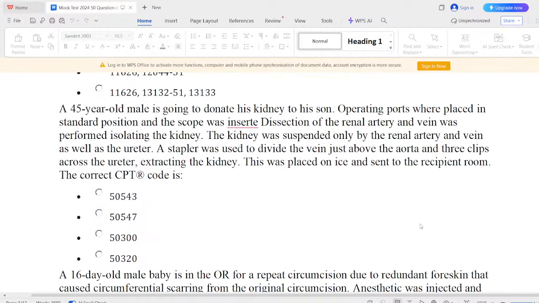Next one. A 45-year-old male is going to donate his kidney to his son. So operating ports were placed in a standard position and the scope was inserted. Dissection of the renal artery and vein was performed, isolating the kidney. The kidney was suspended only by the renal artery, the vein, as well as the ureter. A stapler was used to divide the vein just above the aorta and three clips across the ureter, extracting the kidney. This was placed on ice and sent to the recipient room. The correct CPT code is